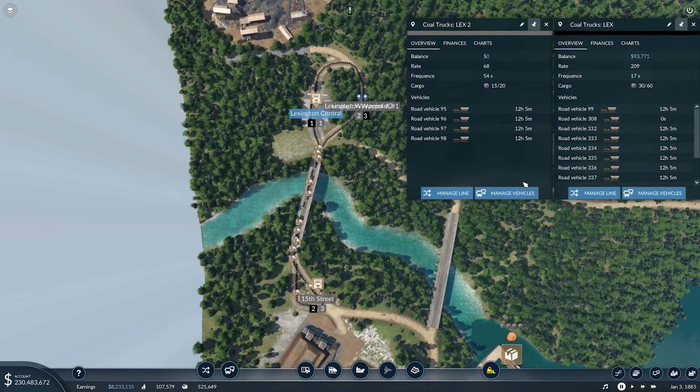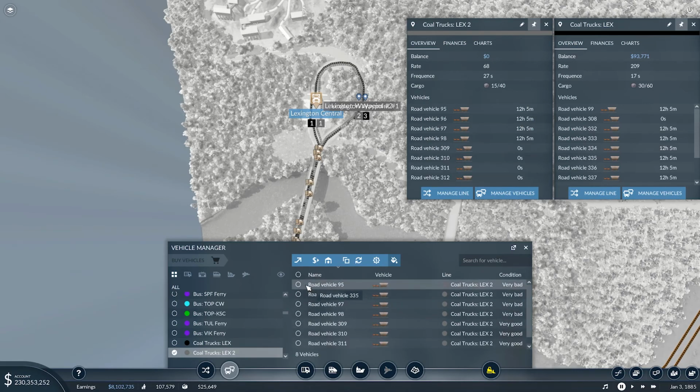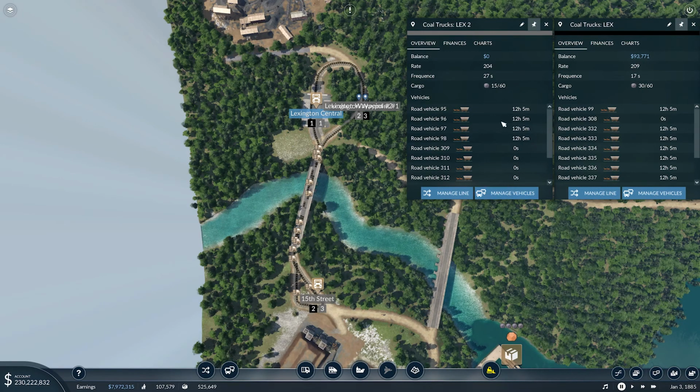And that takes it up to 209. And that was with 12 vehicles, so now we want to add another 8 here. So we will clone that. Then we'll add 4 more and clone those. And with that, we have a rate of 204 and 209, and we should now get full capacity